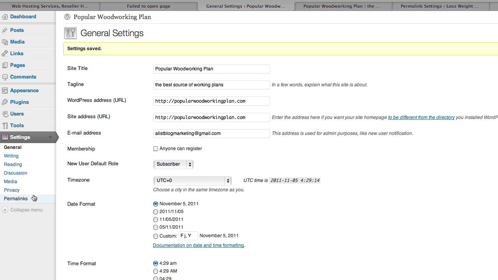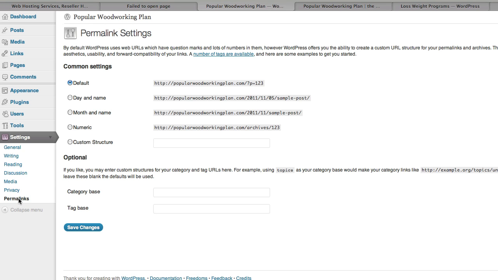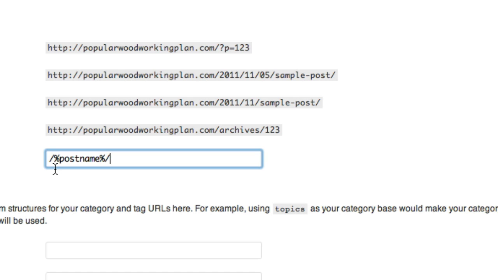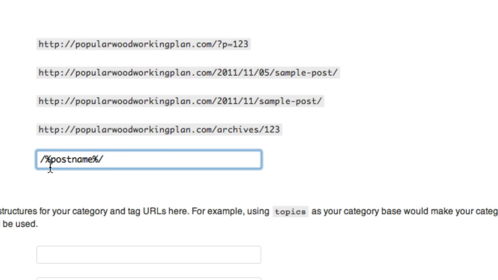What I want to have a look at now and show you is permalink. A little bit technical, but just follow along and do exactly what I say and you'll be fine. This is really important. It's something that will cause problems if you don't do that right from the start. What I suggest is click on custom structure. What you want to do is /%postname%/